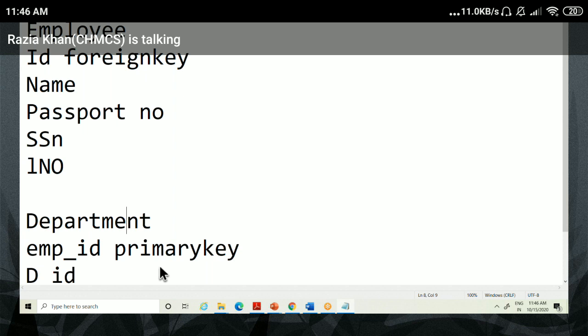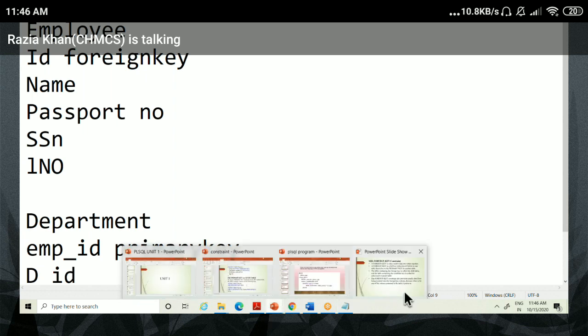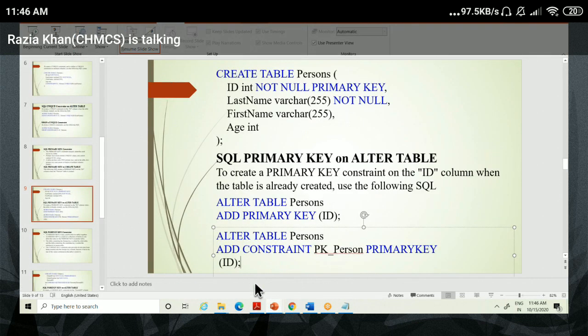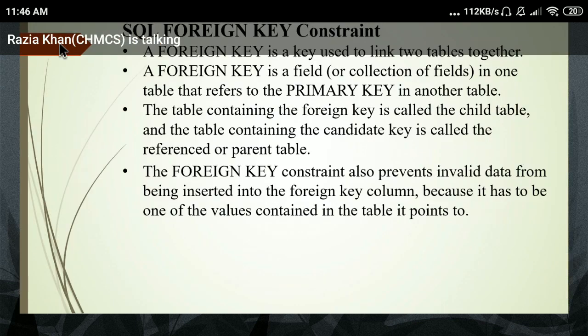Just apply the primary key on the second table. Clear? The concept is very easy, students. Just remember, if you want to join or link two tables, you have to use the foreign key of one table, because a foreign key refers to the primary key of another table.